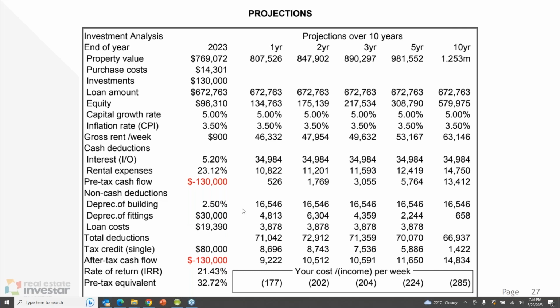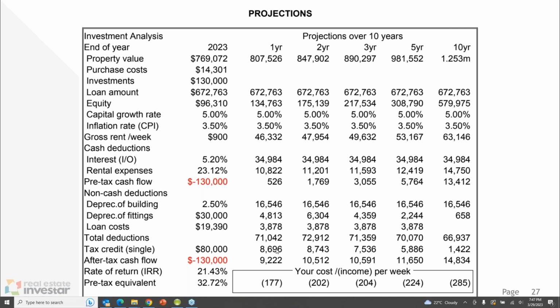So cash flow on an investment property is generally the toughest when you first buy the property. The first 2 or 3 years, I think, is the toughest, learning from experience, because that's where you're really struggling with the rental income covering the mortgage and expenses. But over time, the mortgage will be fairly stable, but the rents will increase. So what might have been negatively geared today is going to be positively geared in the next 5 to 10 years. So we're basing the numbers on a 10-year projection, in this case, just to show you the type of net result. It's taxable income, so very good tax deductions on a property of this type.